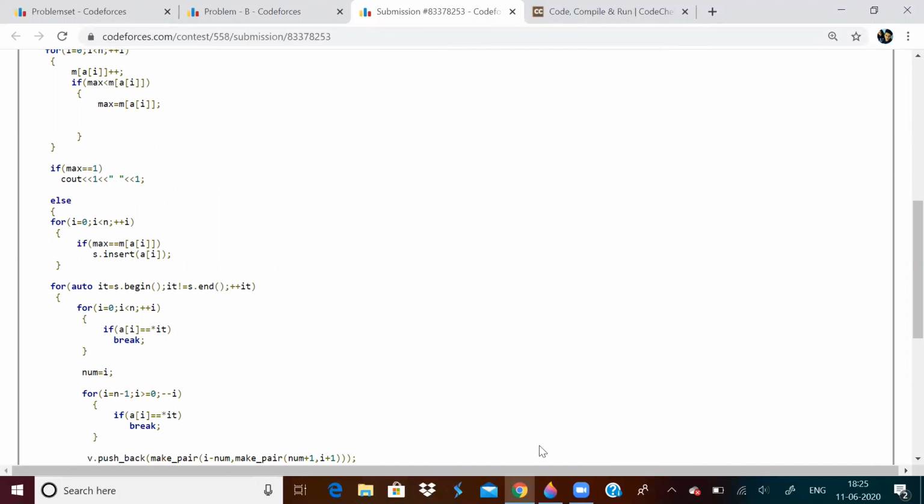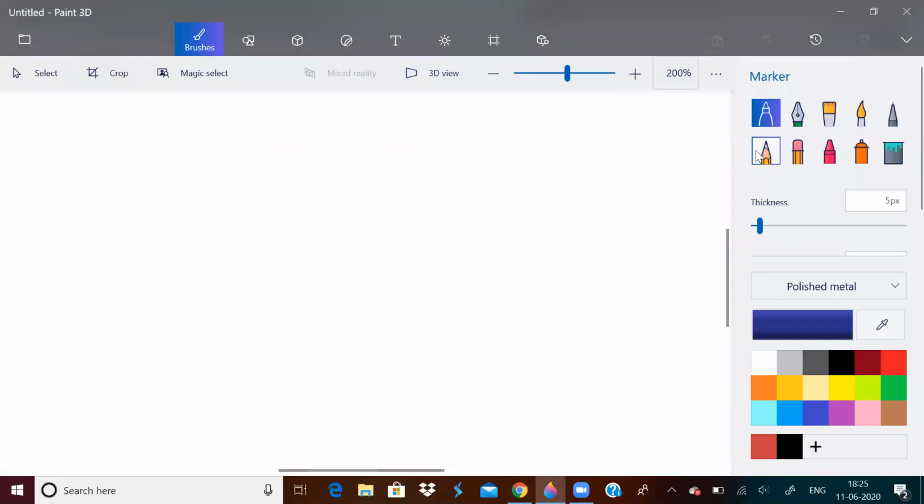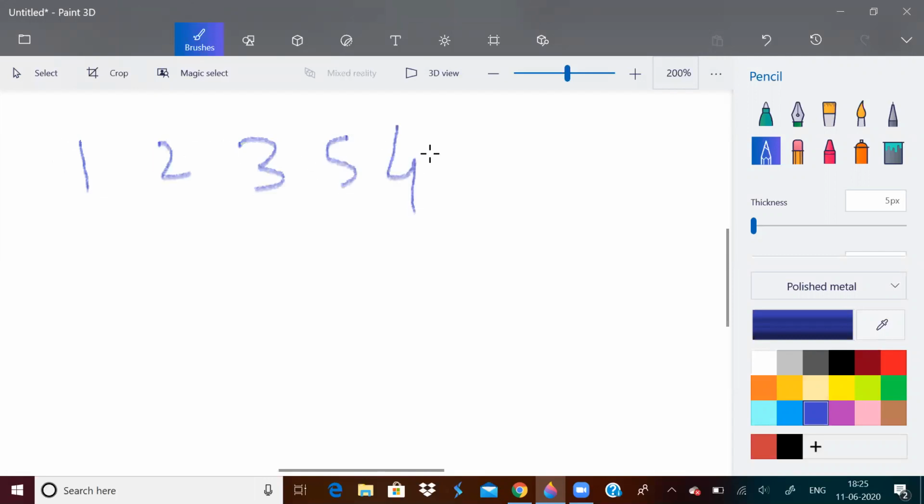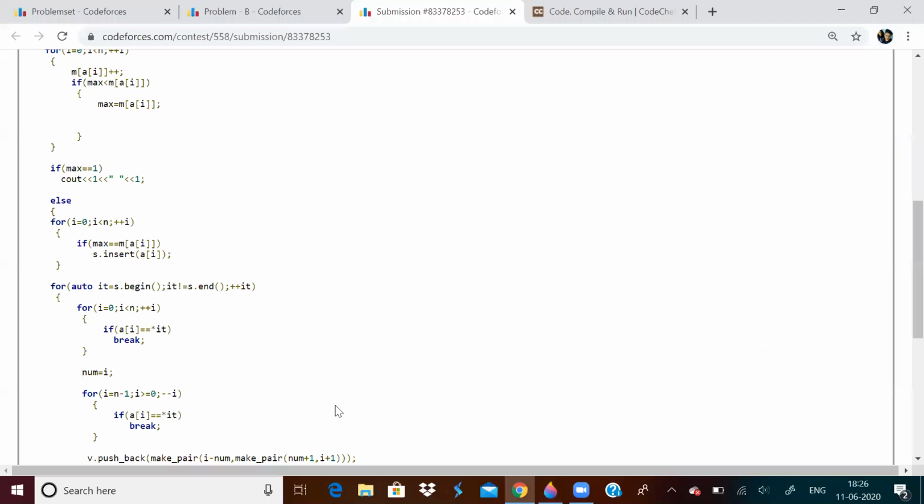Why is this? Suppose the beauty of the array is 1. It means the array is of this form. I want to convey that the beauty of the array will be 1 when all elements occur exactly once. So I can print any answer. So when I can print any answer, I'll print 1, 1.